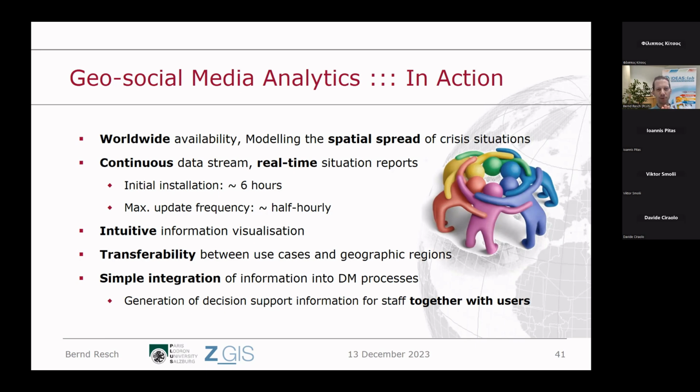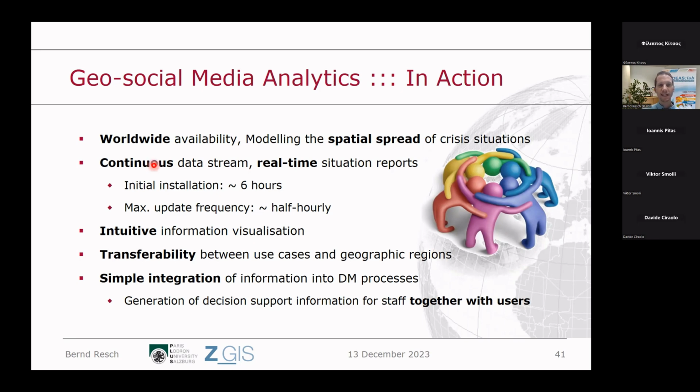And importantly YouTube, which gives us a very good idea of what happens out in the wild, so to say, because you have geo-referenced videos. So people tag where they are, and then they, for example, hold the camera against flooded areas, which gives us a very good indication of what happens there, even better when they also describe what you see in the video. So we basically model the spatial spread of crisis situations, so how affected areas develop over time.